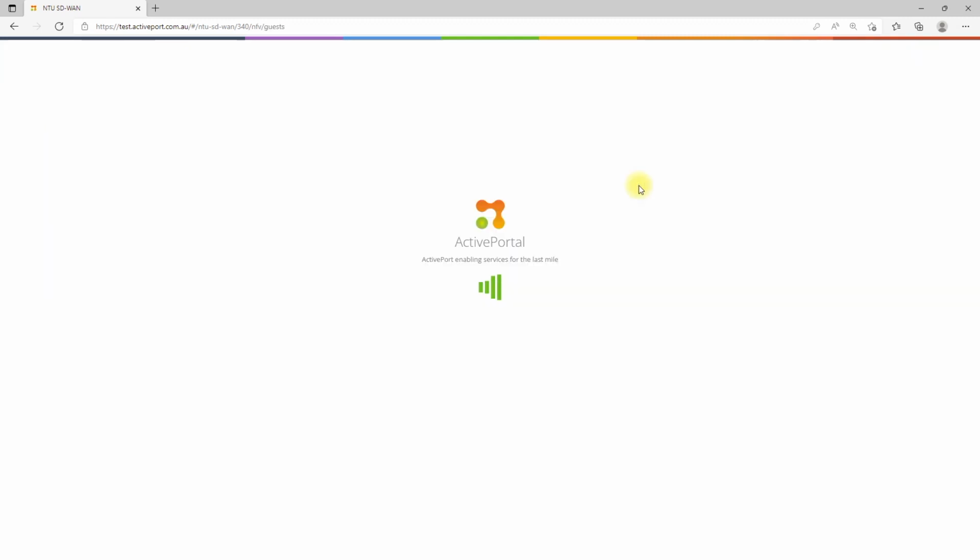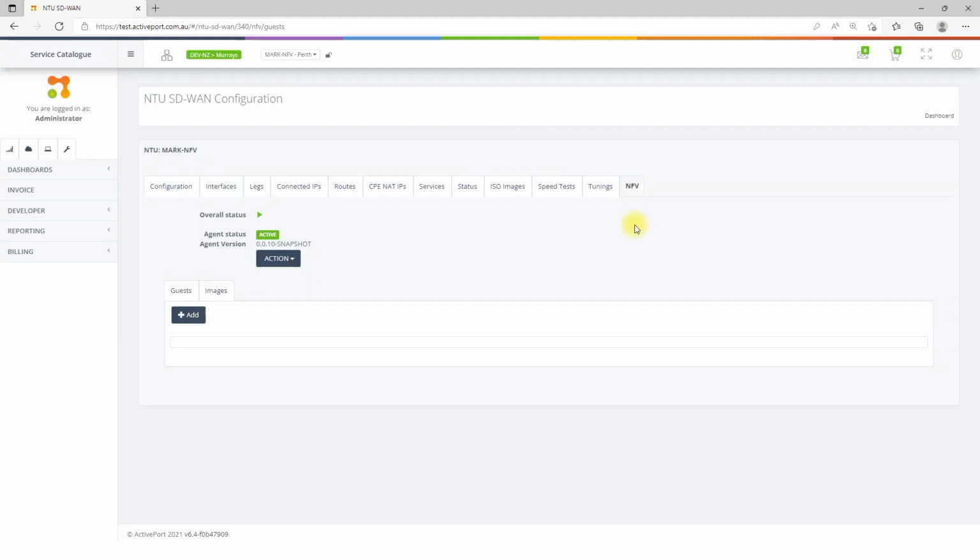When you click on the NFV tab, it opens up the capabilities of now working with VMs or containers as part of our solution. You first have to install an agent, and I already have that installed to do this demonstration. For existing customers that already have our SD-WAN solution, the NFV tab will just appear. The agent will not be enabled. You just go through and you activate that agent, and it will download,